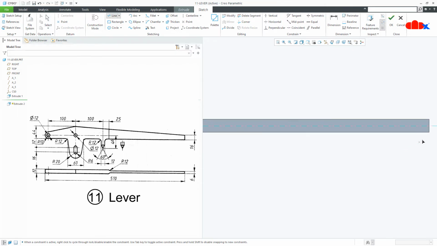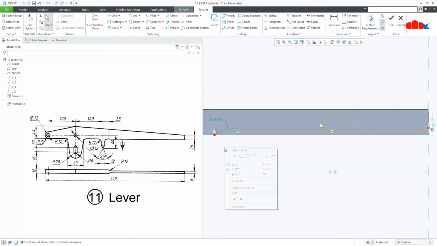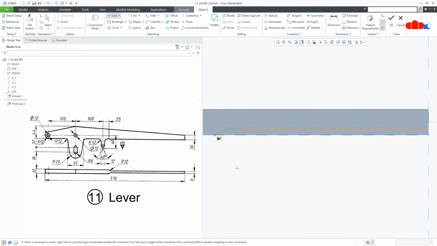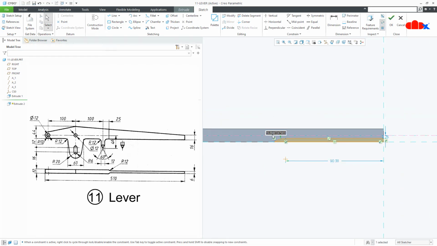Now draw the sketch. Add one arc here, then close the sketch. Now this is radius 12.